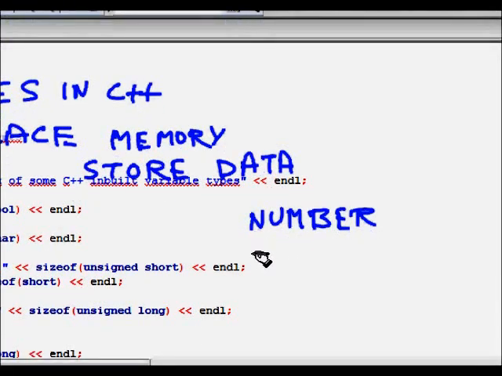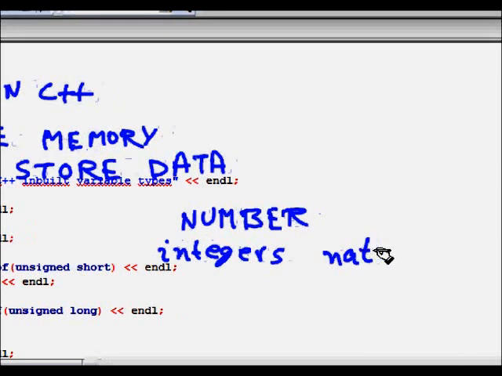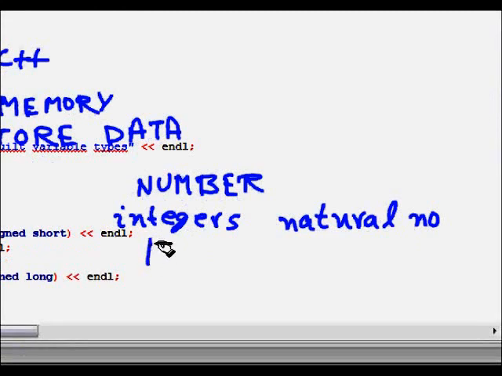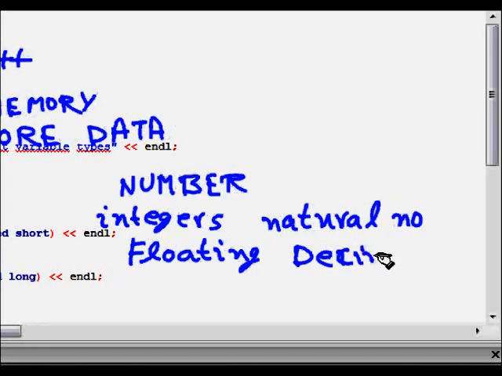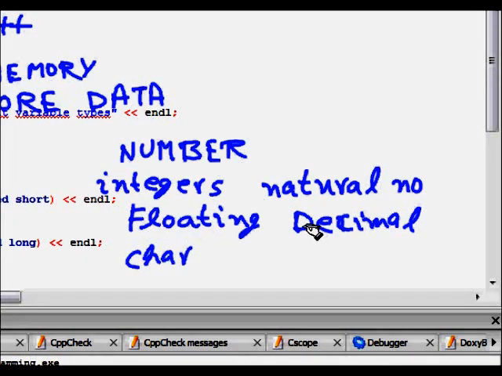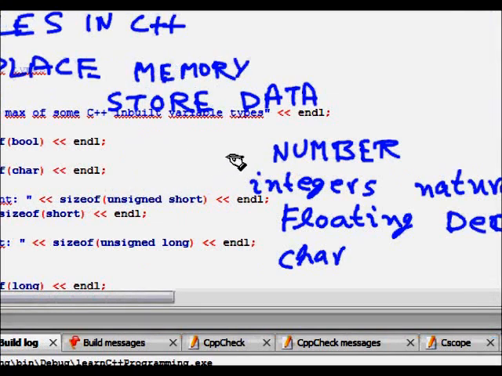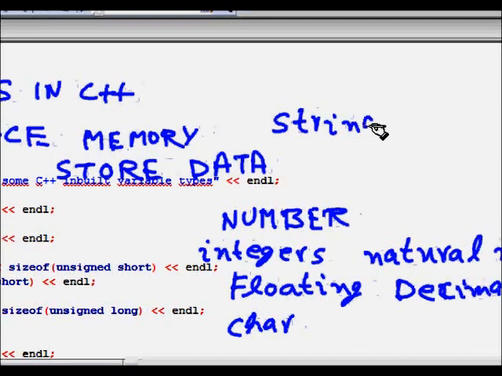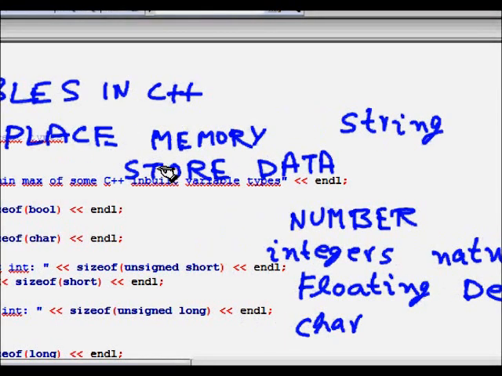Numbers again can be integers, natural numbers, then floating point numbers, decimals. Then you can have characters, for storing A, C, B, etc. Then we can have strings. So many variables are there.